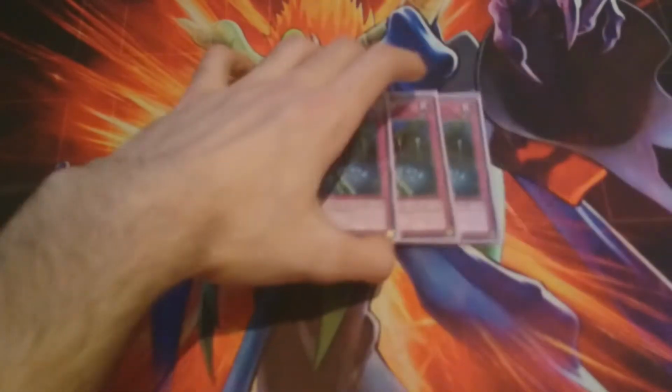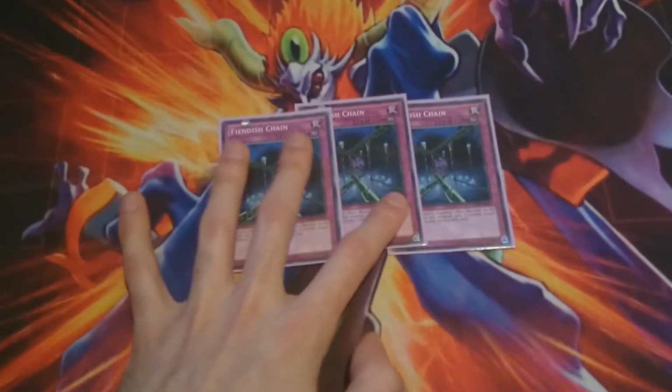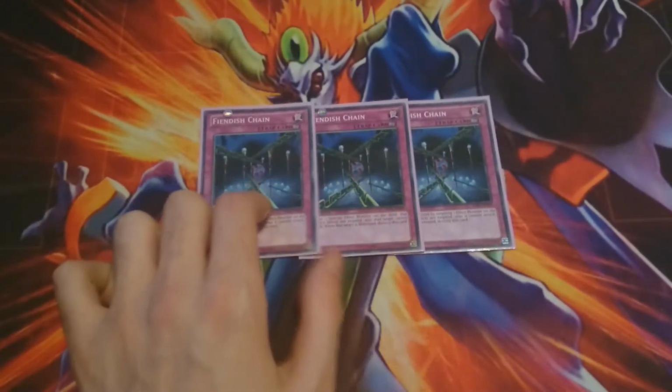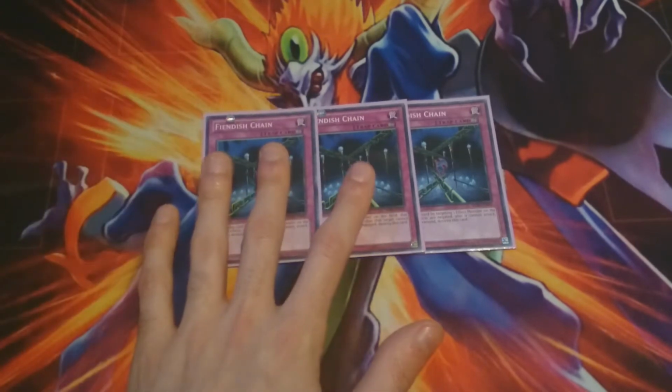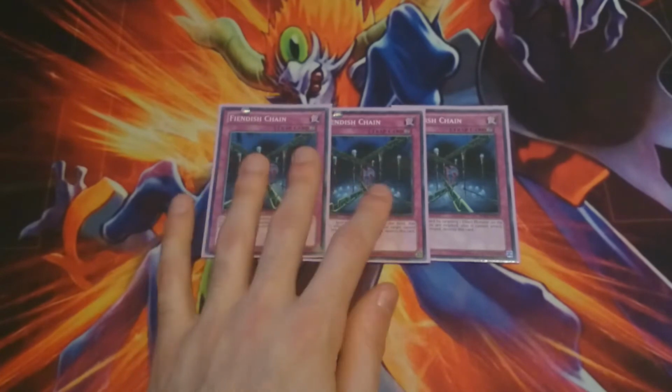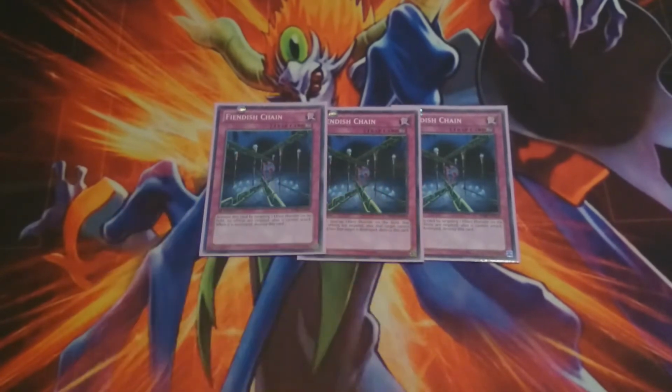Now onto the traps. I play triple Fiendish Chain. I feel like these should be Breakthrough Skills. I just don't have them, so I haven't tested Breakthrough Skill in Evilswarm, and they're probably better with the current meta. But I feel like Fiendish Chain is a lot better in Evilswarm, because this deck's, again,